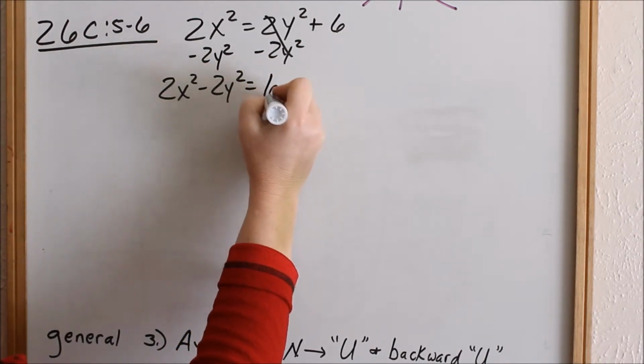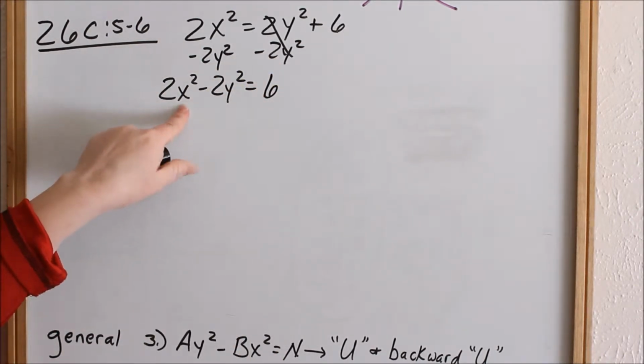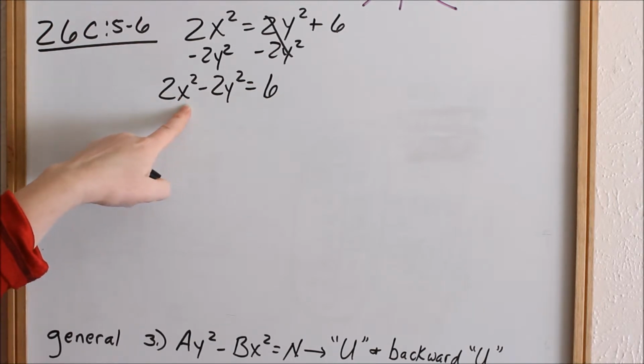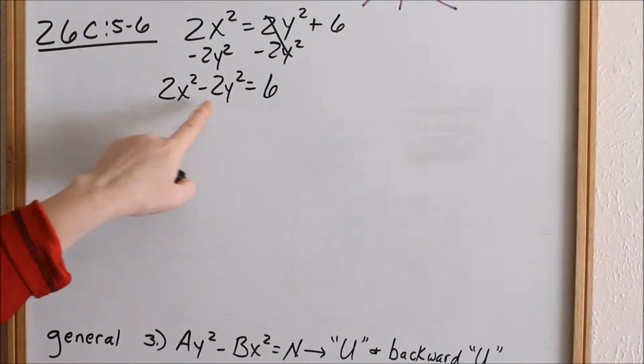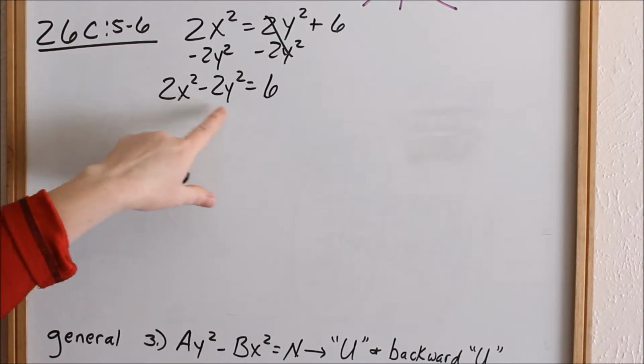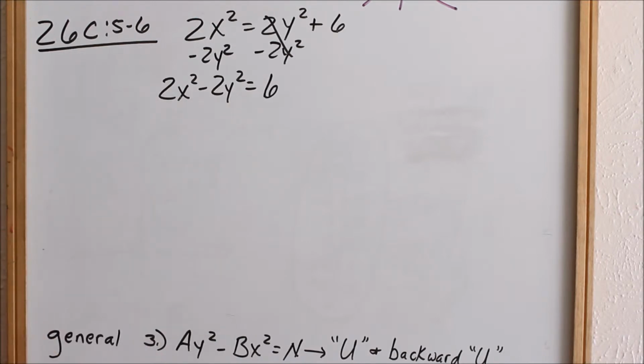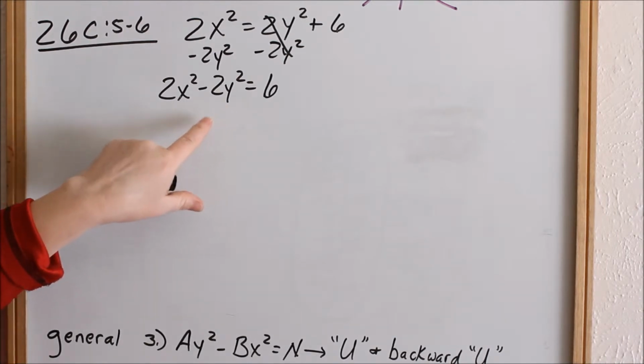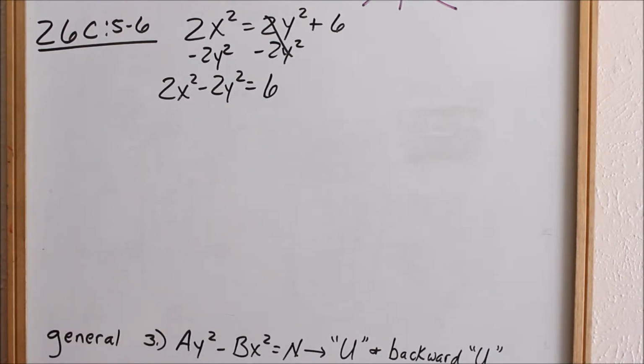And then I can see that my x squared term is first. When x squared is first, then it's going to be a C and a backwards C. It will look different when your y squared term is first. So when it's x squared minus y squared, then it's going to look like a C and a backwards C. So what we want to do is, we know the hyperbola is going to cross the x-axis, and at that